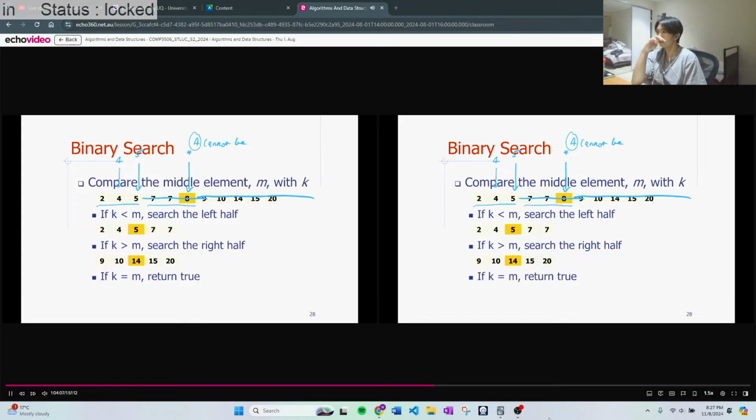Does that feel cheaper than going through all the elements? Maybe not in this case, right? Because in this case, if I was looking for 4 and I did a linear scan, I would have found it on the second comparison. However, worst case,